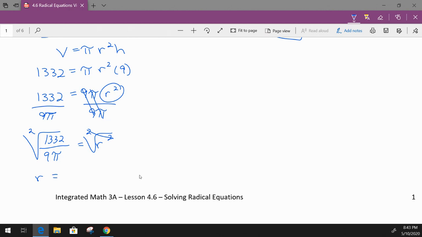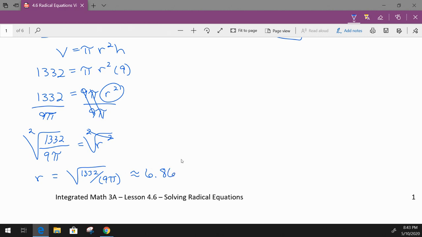We know that r is equal to the square root of 1,332 divided by 9 pi. So when you are putting this in a calculator, again, it depends on what kind of calculator you have, you would need to make sure that the 9 and the pi are in parentheses so that you're dividing by 9 pi and not just dividing by 9 and then multiplying by pi. So anyway, if you put it in the calculator correctly, you should get a value of approximately